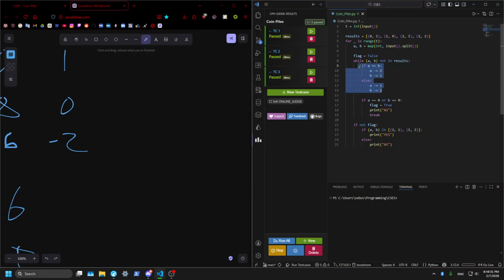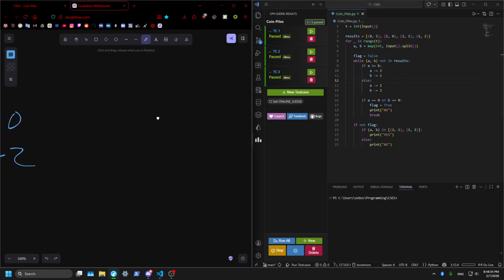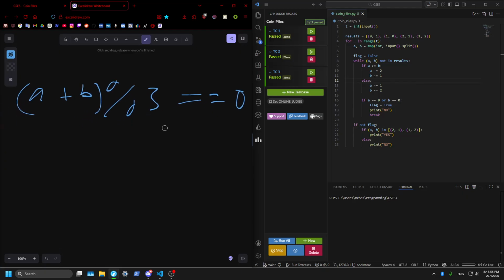every operation removes 3 coins, which means our total coins, so A plus B, needs to be A plus B mod 3 equals 0. And then